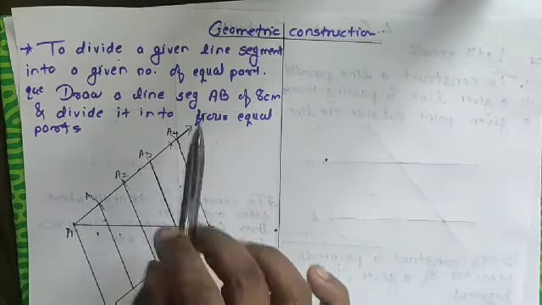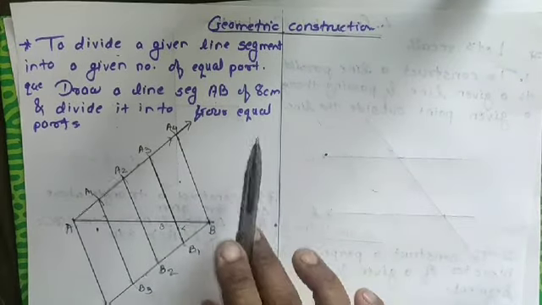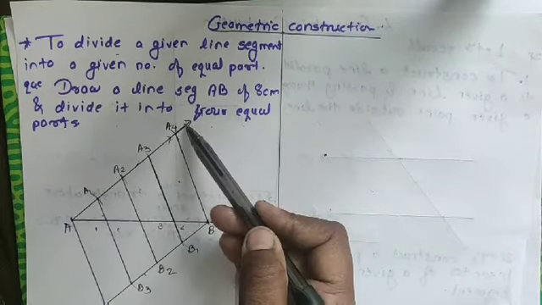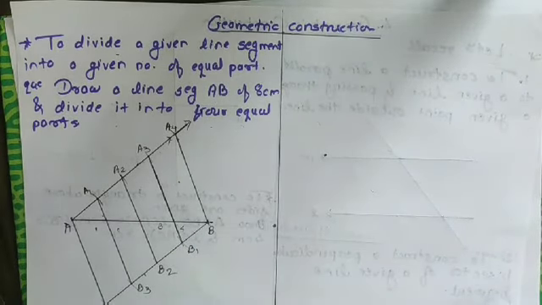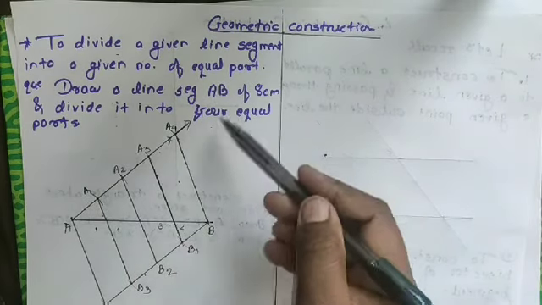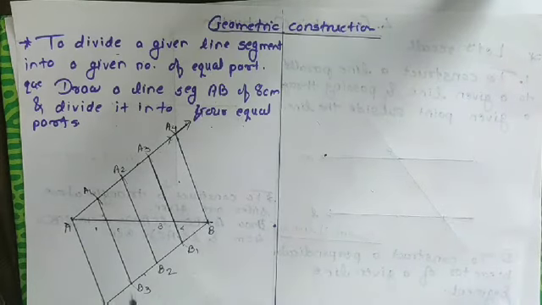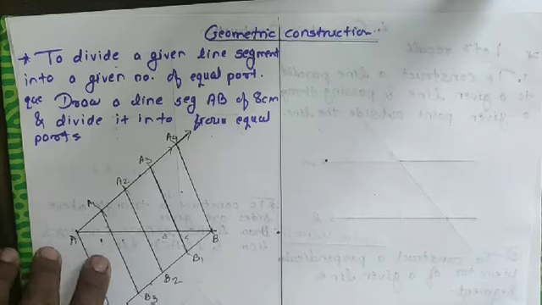In this way, whatever the segment measure given, you just draw it, and if they tell us to make 4 equal parts, then you take 4 points above the line and below the line, and give the respective names to them. If they told us 5, then you take 5 above and 5 below; for 8, 8 above and 8 below. In that way we are dividing the line segment into equal parts.